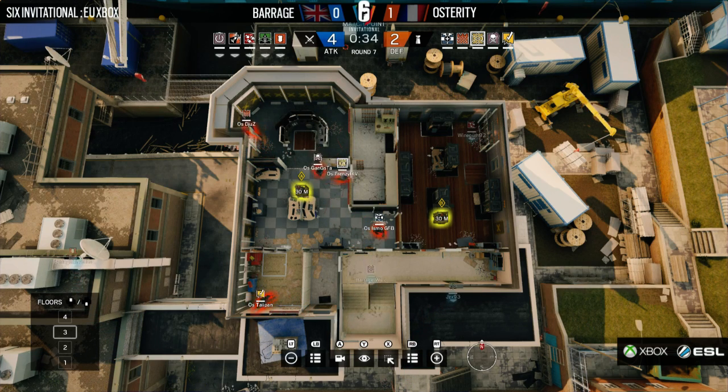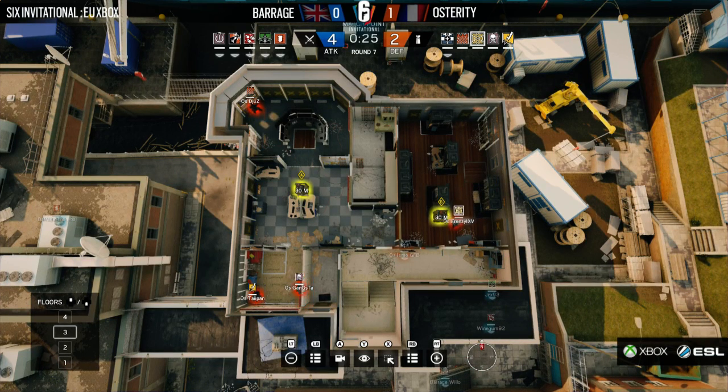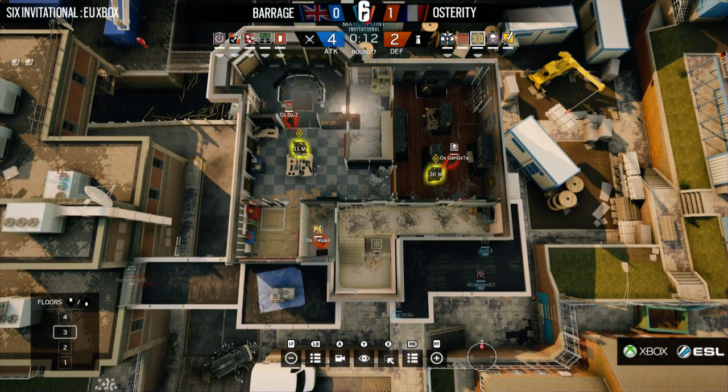Remember, if Barrage win this map, we will go to Skyscraper as our third and final decider. Because Osterity won Chalet first, and now Barrage are on the verge of winning here on Canal. 5 rounds to 2, it would be the score, but it was 5 rounds to 3 that Osterity won Chalet. We'll see whether we can match that scoreline here as the final few preparations are put in place for this